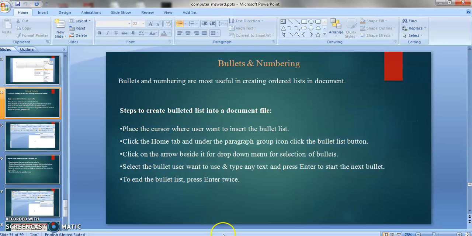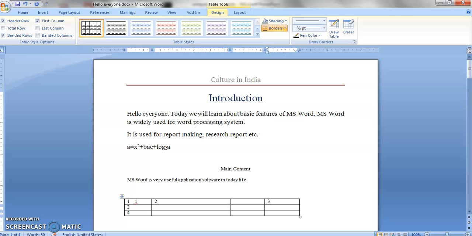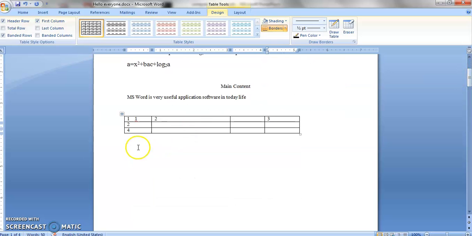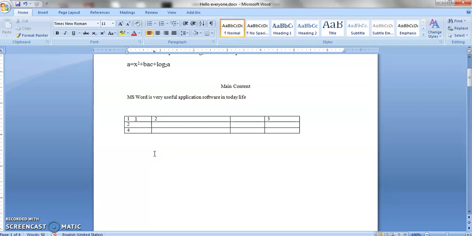So let's open a document. Okay. So I opened that particular document which I have already created. Suppose I will place a cursor. Okay. So I have placed a cursor here. I want to create a bullet list. So first I place a cursor. After that, I will go to the home tab. Home tab is already open. Then there is a paragraph group.